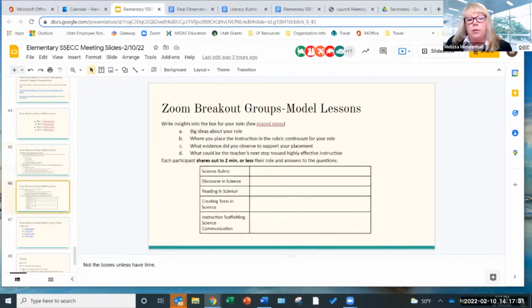In the shared notes, you'll see a table for each one of those breakout rooms. So if you go to maybe kindergarten and you choose the science role, you're going to write down the big ideas of the science role here, and then where would you place the instruction right now? What's your evidence? Where might the next step be to support shifts in instruction that are more effective? Okay, so in our notes,